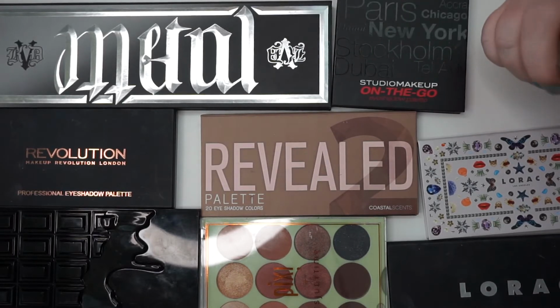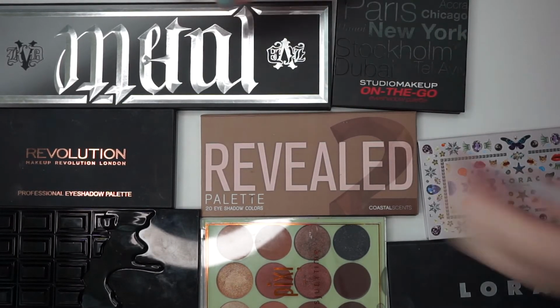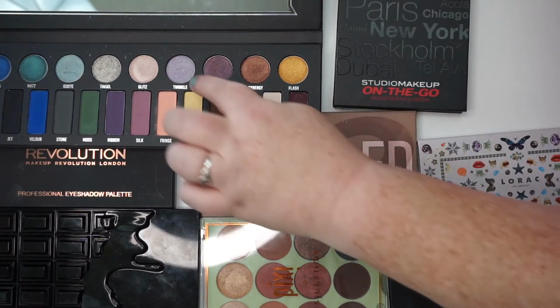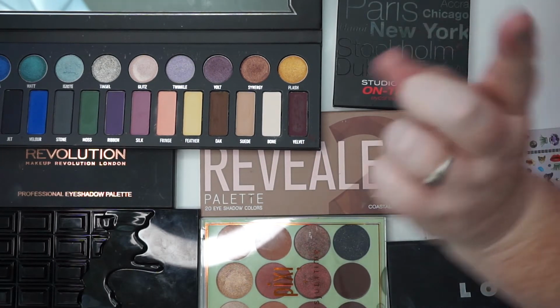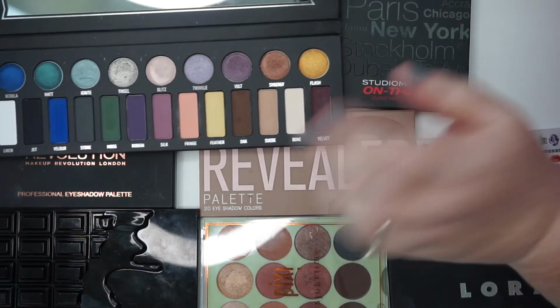So now we're gonna go into a couple of the bigger palettes. We have the Kat Von D Metal Matte palette, which I am definitely keeping. Again, this might be a kind of a dupe for that one. So because it is very close to that Too Faced palette, we're gonna go ahead and get rid of the Funfetti, and we're gonna keep this, because this palette, if you guys didn't pick it up